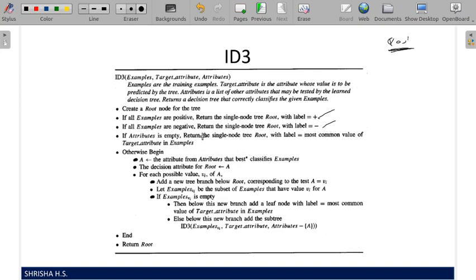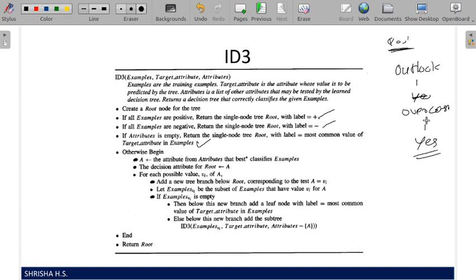The next one is to check, suppose you take an attribute value and everything classifies to yes or no. For example, in our problem, for outlook we had overcast, and the only classification we had was yes. That's what we are returning here.